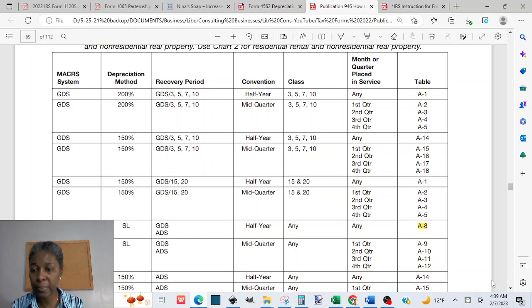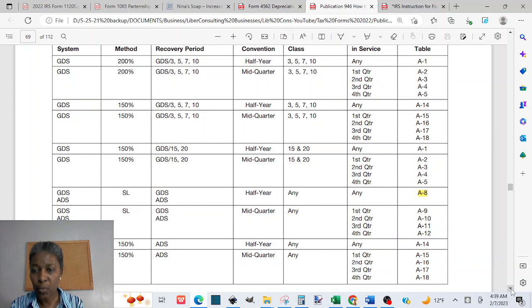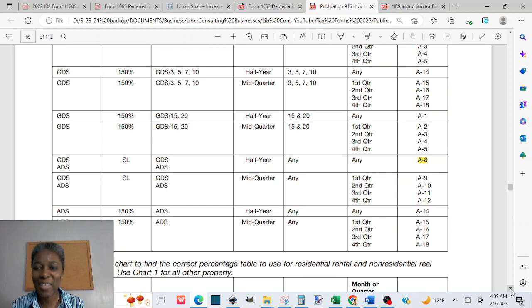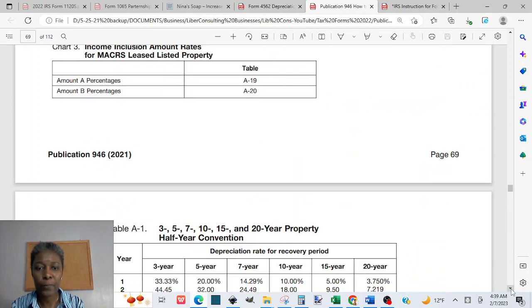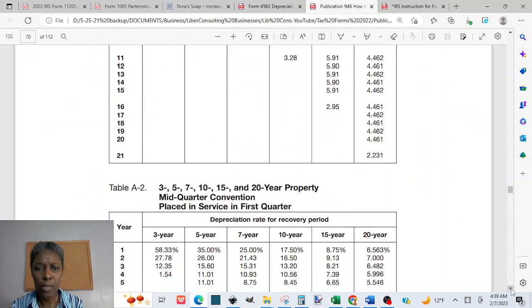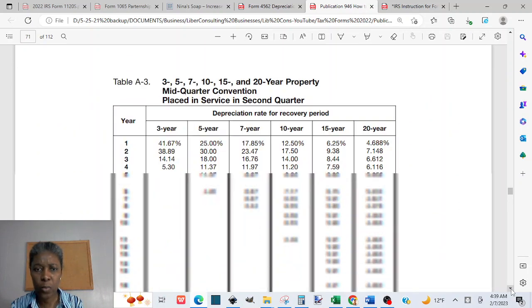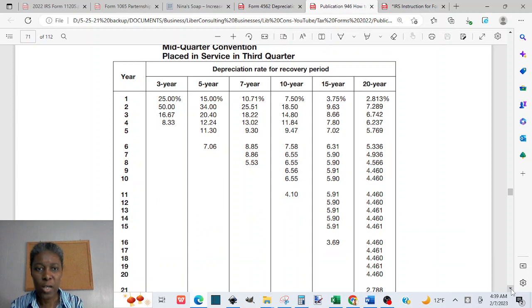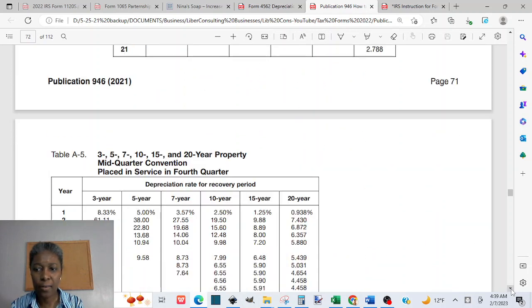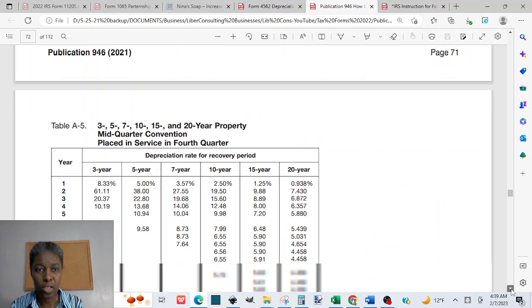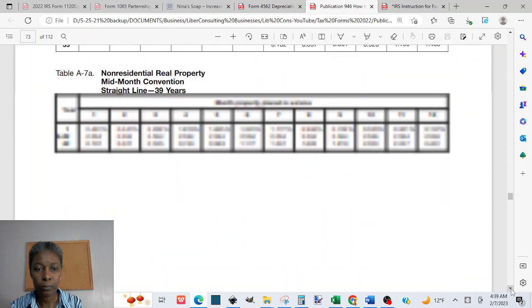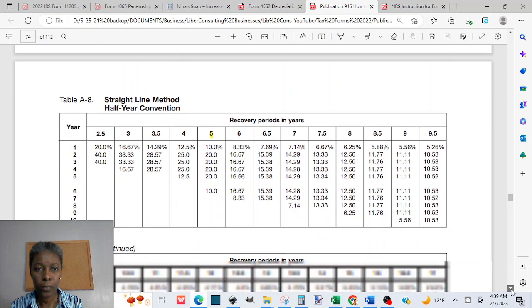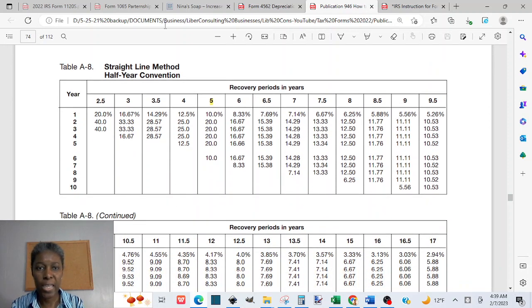So once you find the table, the rate table, you scroll down to locate the rates. So let's do that first before we go to Appendix B. So for instance, we highlight A8. So we look for A8, and when you look for A8,